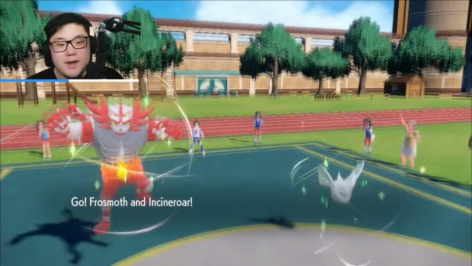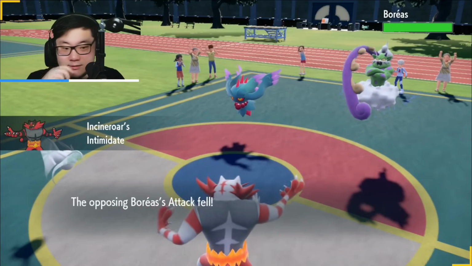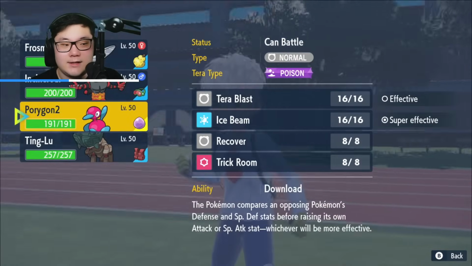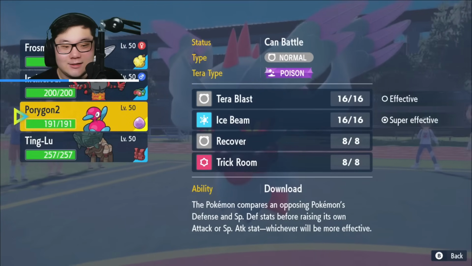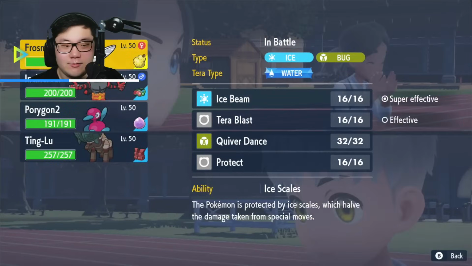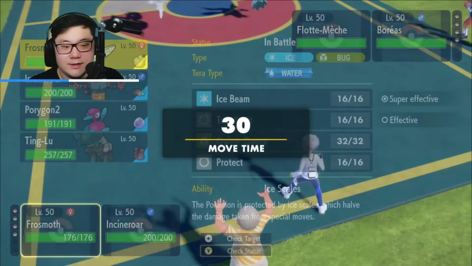So not a bad lead, because Frosmoth is actually in a pretty good position. The Incineroar is also in a pretty nice one, although if Flutter Mane does a Power Gem, it is actually a bit concerning. But do I want to risk that is the question, because they could Power Gem into quite a bit of slots. So I could go in a Tinglu here and maybe just go for a Tera if I really, really want to. I could also just switch out to the Frosmoth and go out into my Tinglu,